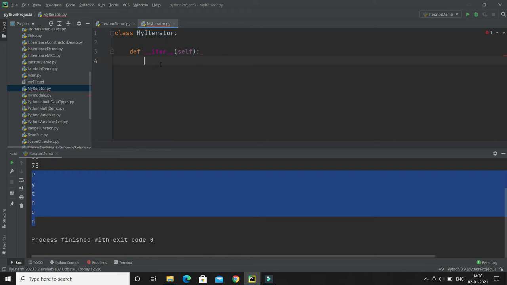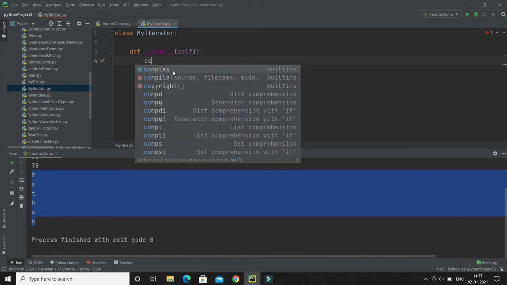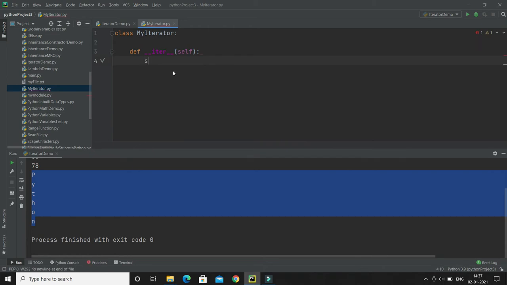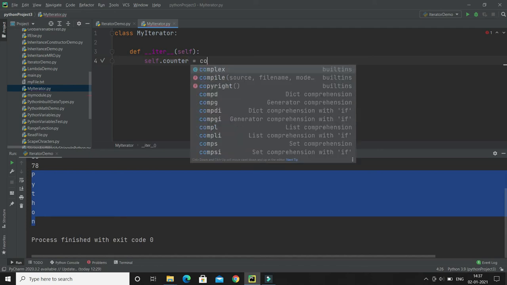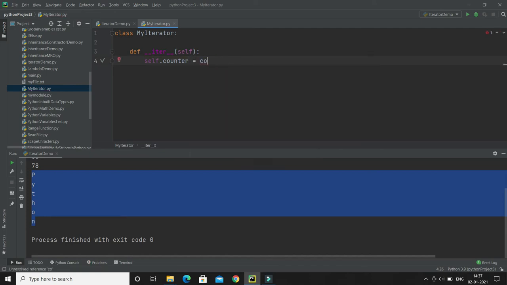And here what I am going to do is create a counter variable. I will write self.counter, and here I'll initialize the counter to 1, so that it will start from 1.